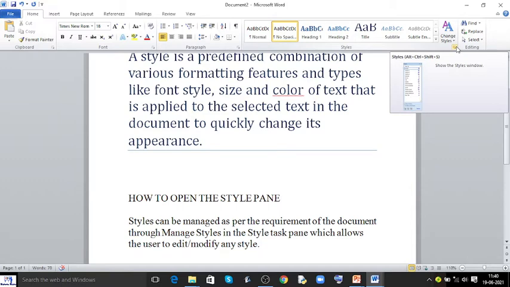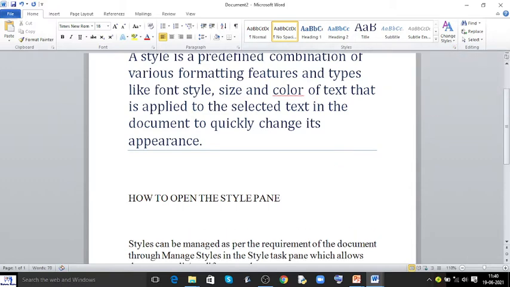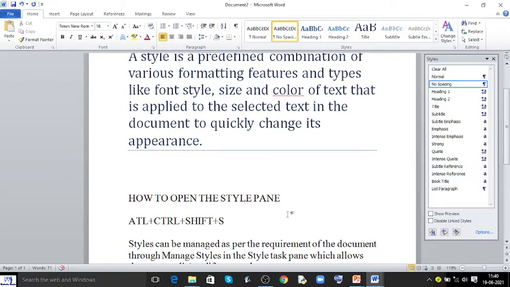It is Alt plus Control plus Shift plus S. So I am going to open the style pane with this shortcut key, Alt plus Control plus Shift plus S. Now see, the style pane will appear.